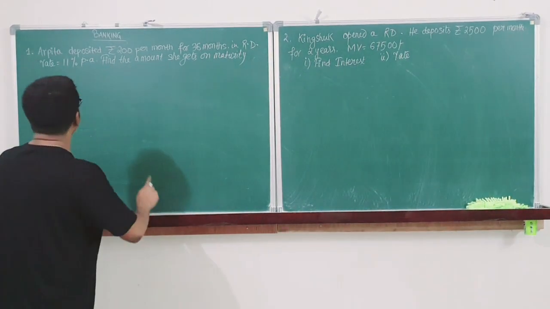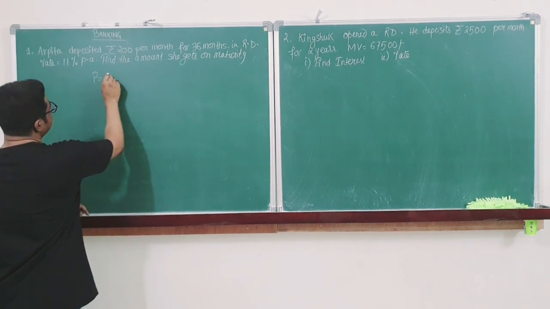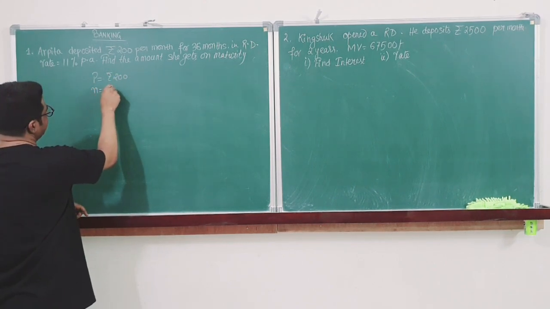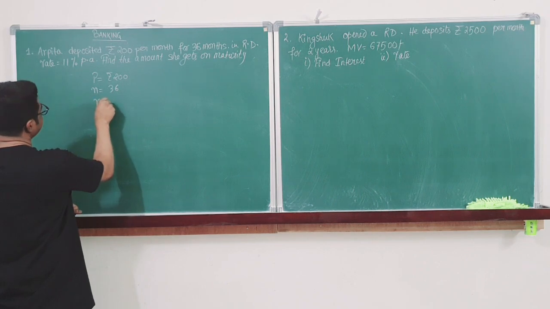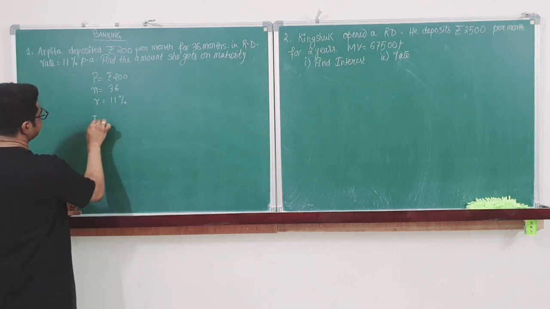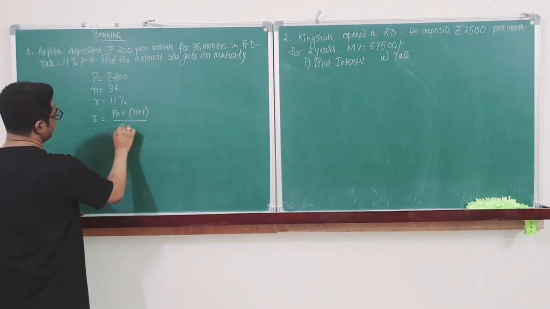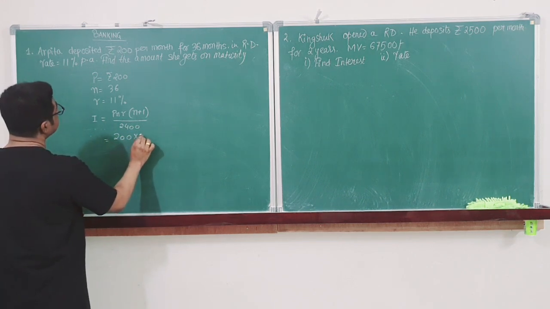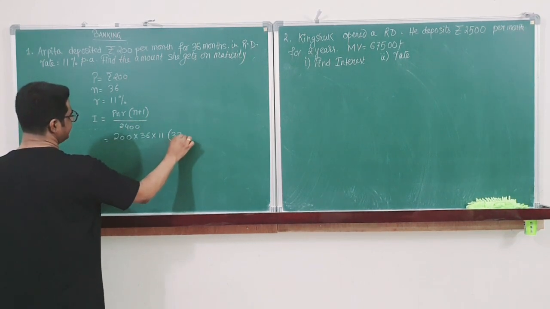So this is the first problem. P is equal monthly installment, that is rupees 200. 36 months, that is n is equal to 36 months. Next, rate R is 11%. I have to calculate first the interest. Interest is P N R (n plus 1) divided by 2400. P is 200 into n 36 into R 11 into n plus 1, 37, divided by